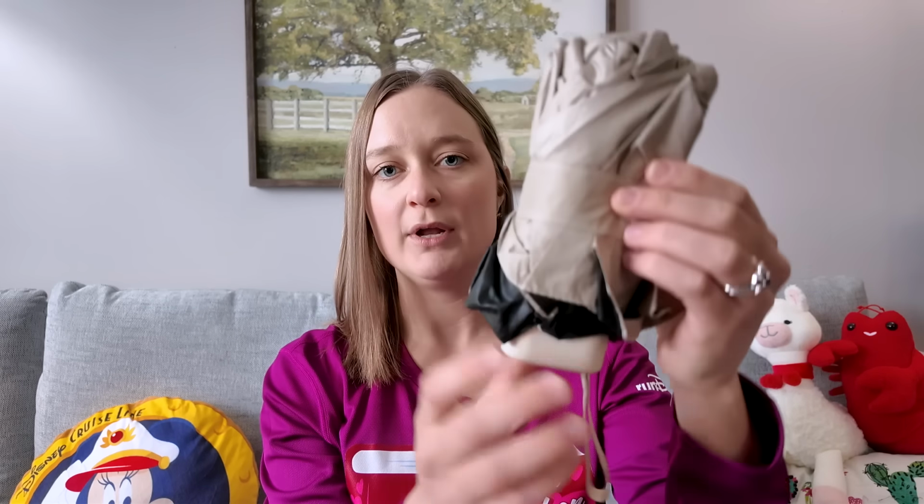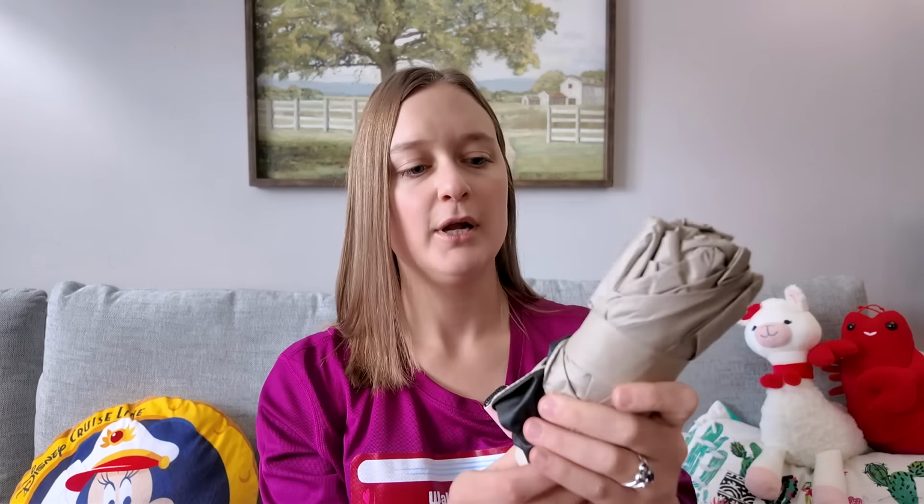But what I found are these solar umbrellas. These are like a sun umbrella, and the reason I like it is that it's very small and travel size, so it can fit in your park bag or whatever you might be bringing to the parks. But it is not only a regular umbrella, it is also a sun umbrella. So if you're standing in the sun, the difference from a typical umbrella is that it has this black reflective material underneath that's actually UV